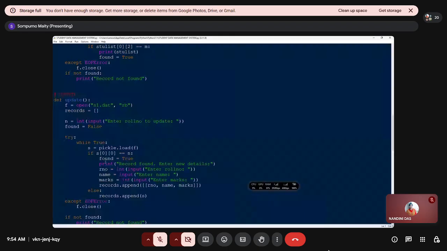Here roll number, name, and marks we can add. And if it is not found, it will print record not found. And if it is